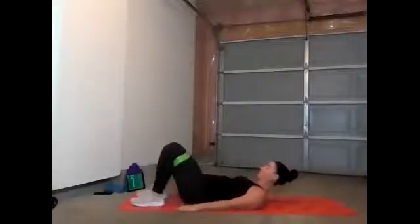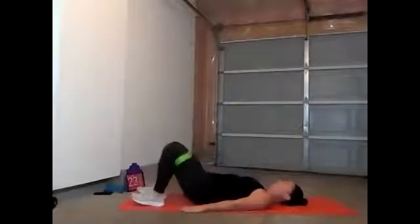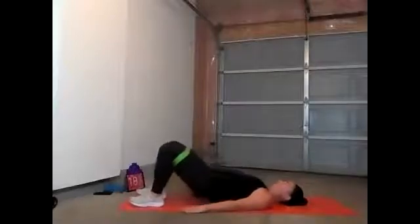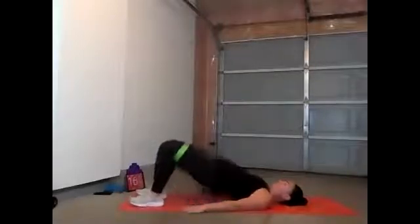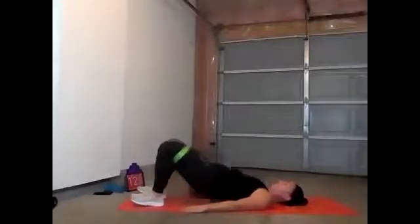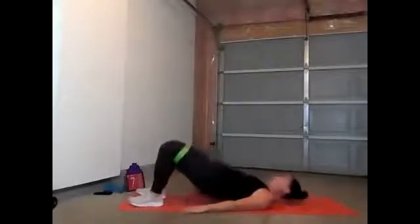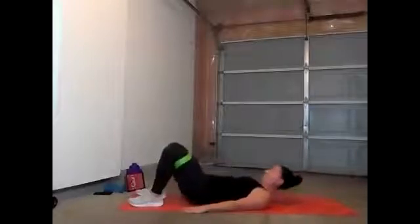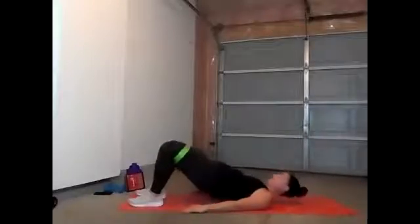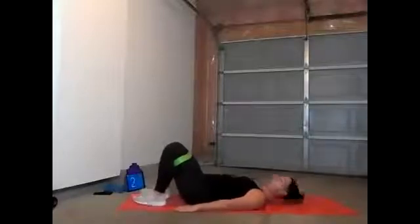Regular glute bridges here, drive those heels in and go. Give it a good squeeze at the top. Pushing that band apart with your knees. Three, two, one, rest. All right, 5 seconds here, and then you're gonna go into a glute bridge hold, and